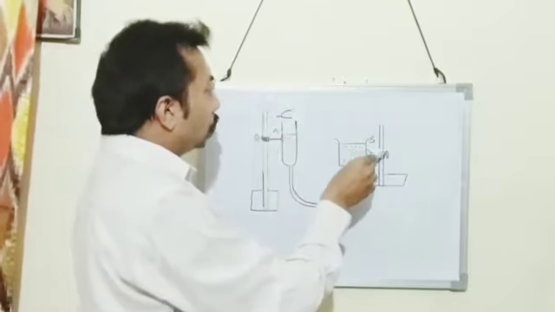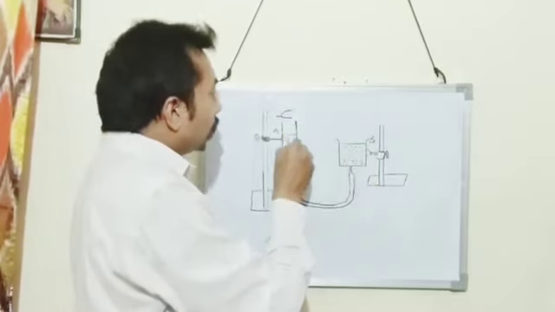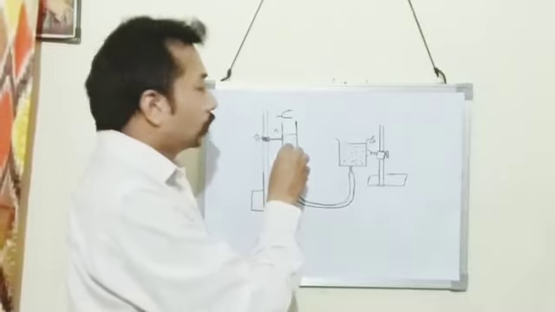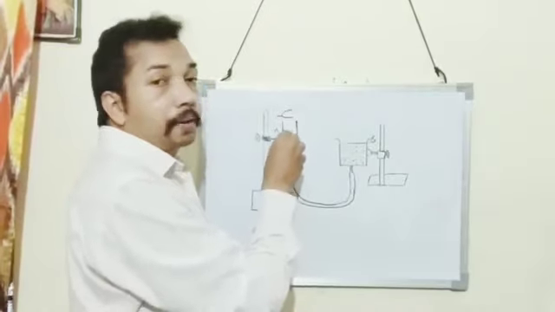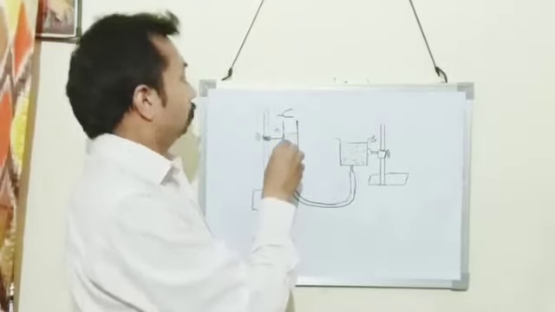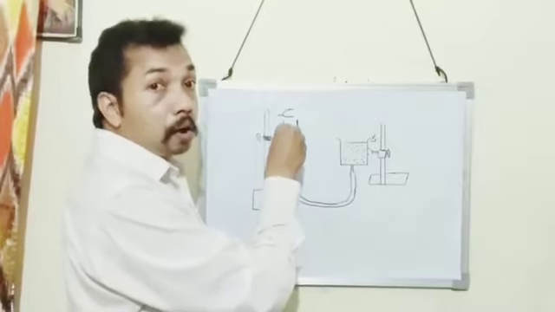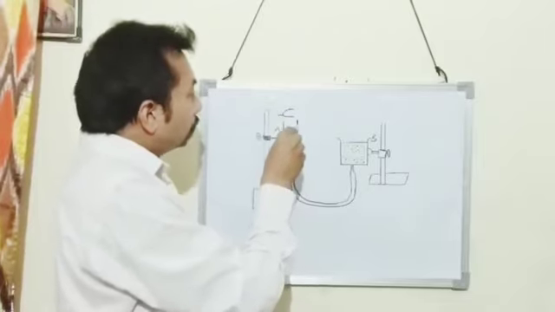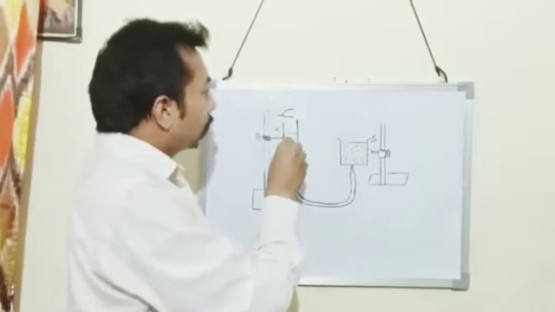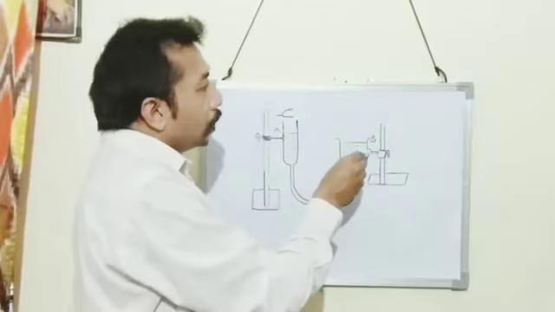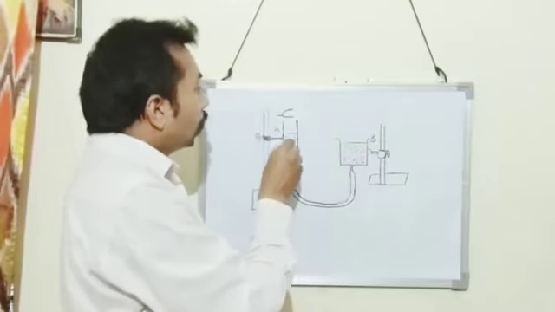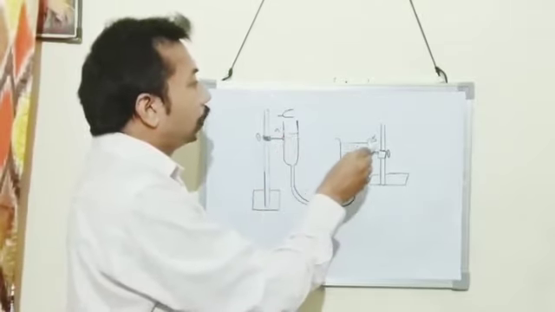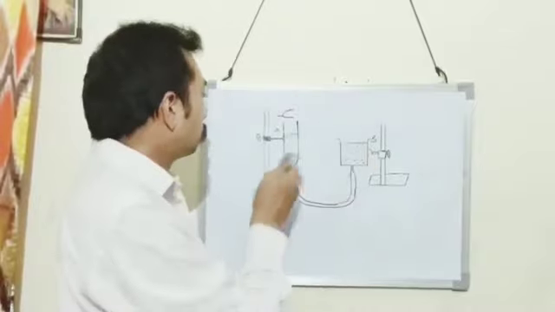Now by moving the tube B, we change the height of the water column in tube A. We increase the height of the air column of tube A. When the height of the air column is less, the frequency will be more. So we increase the height of the air column by moving the tube B. For changing the height of the air column of tube A, we move the tube B up and down.